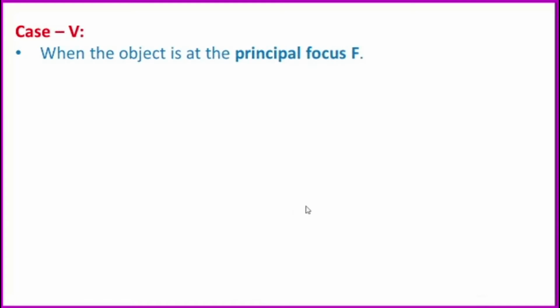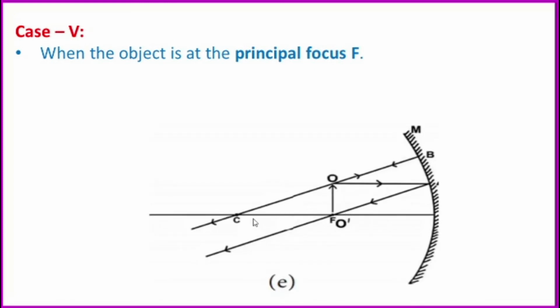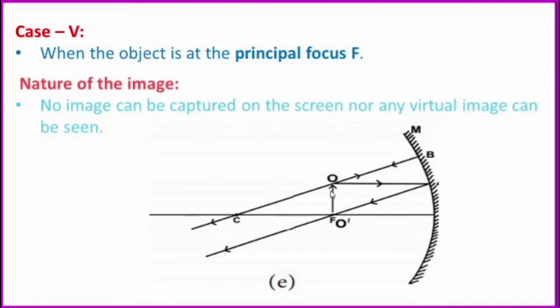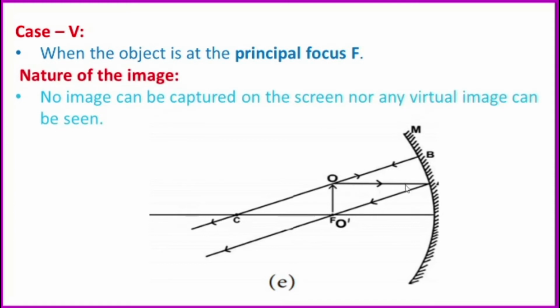Okay. Then case number 5. When the object is at the principal focus. So principal focus le நம்ம இப்ப place பண்றோம். In last case between C and F, now we place at focus. So we know the rules are. A ray is parallel. Parallel means after reflection, it passes through the focus like this type. Okay. We take another ray from the object. So this is the incident ray. It gets reflected, then after reflection, it comes back in the same path. Which rule we used? First rule, yes. This incident ray passes through the center of curvature.